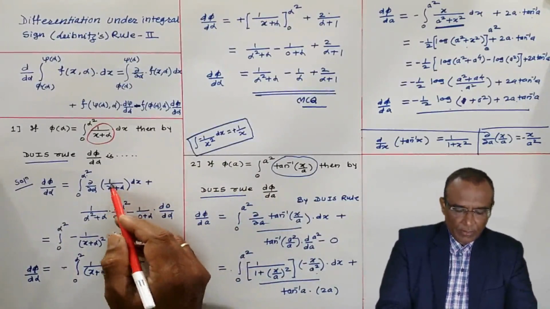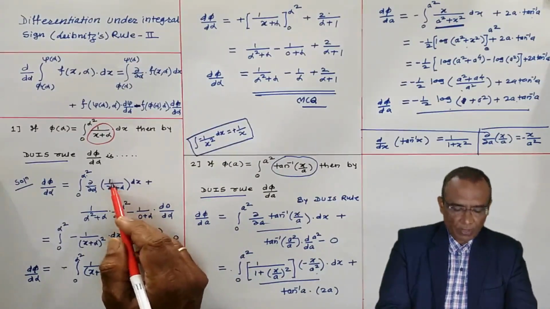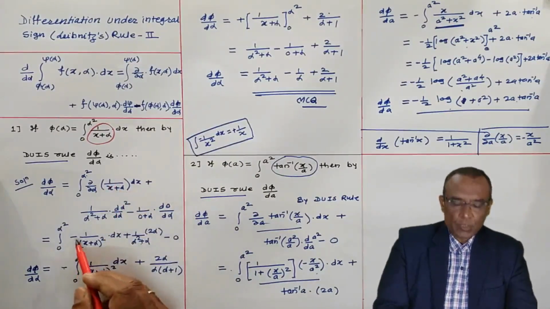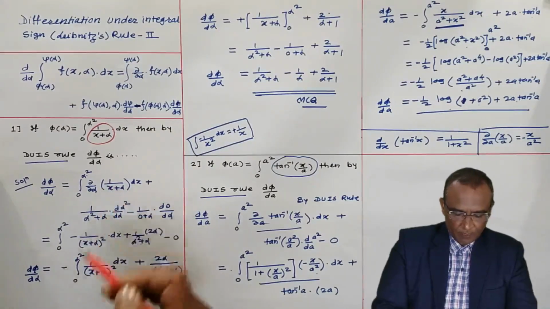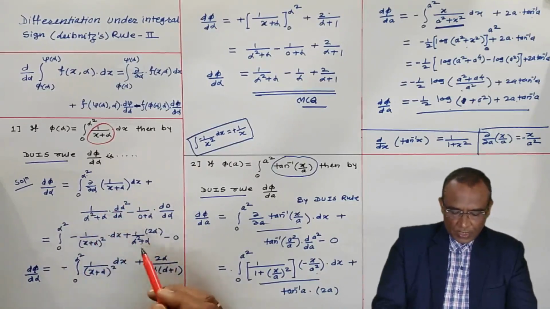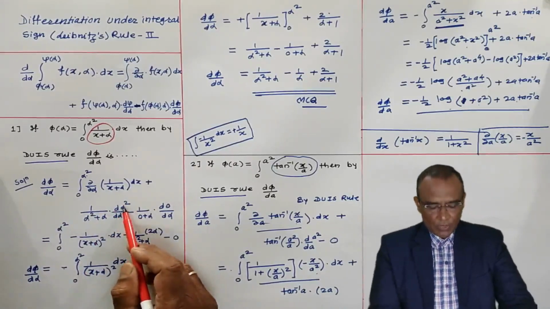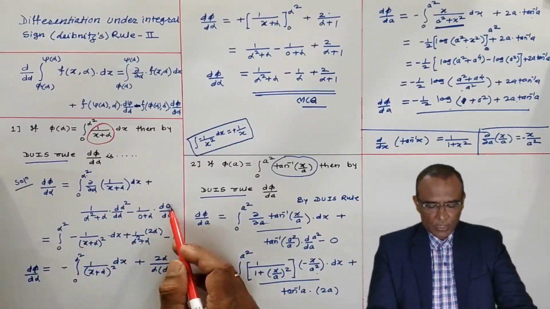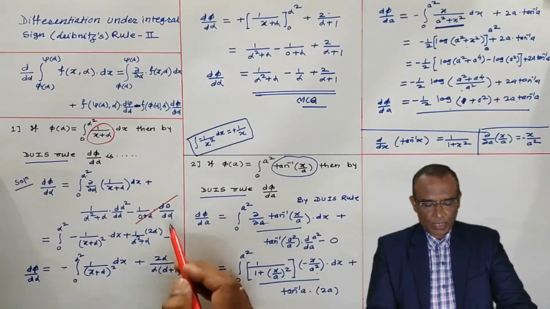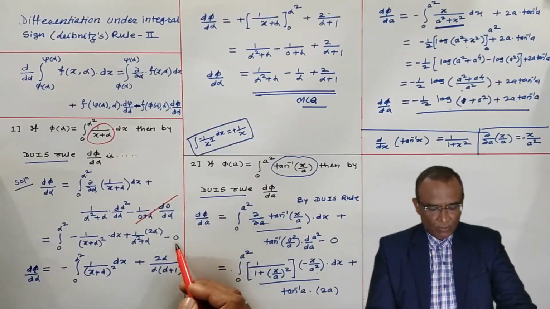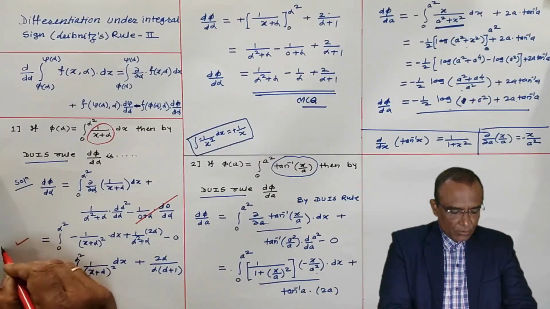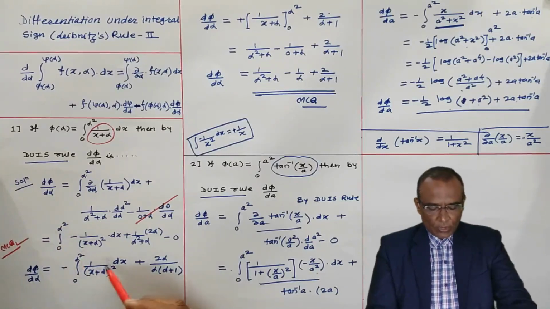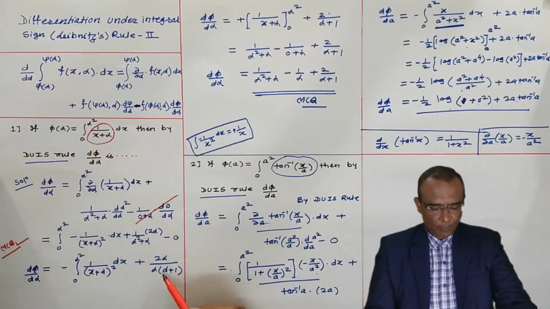See, the derivative of 1 by x plus alpha, the derivative of 1 by a variable, is minus 1 by that linear part squared. This is the derivative of this. This term is as it is. The derivative of alpha square is 2 alpha, and this term is going to become 0, because the derivative of 0 is 0. Now, in examination, this may be asked as an MCQ. Now, I am going to solve it further. 2 alpha by alpha square plus alpha, as it is.